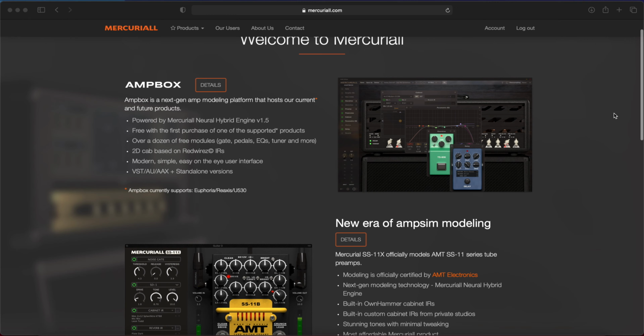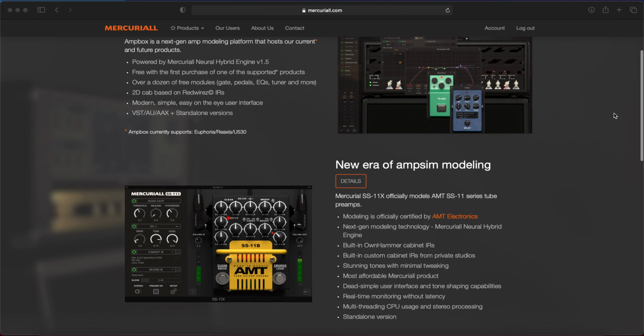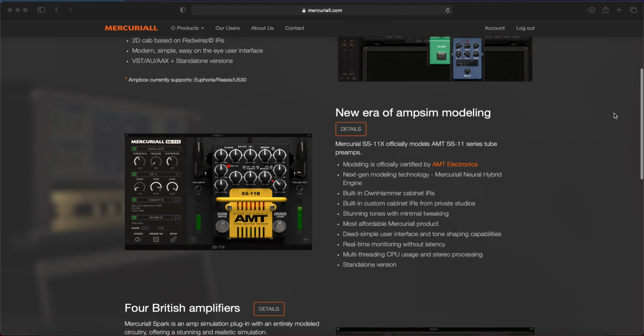There's plenty of competition and people are always making new amp sims. There are some really big hitters that everyone knows about, but in my opinion, Mercuriall has done a really great job of keeping up with the competition, and Ampbox is just another example of that. Mercuriall is constantly updating their Ampbox plugin, and it currently hosts 3 out of the 5 amp sims they have